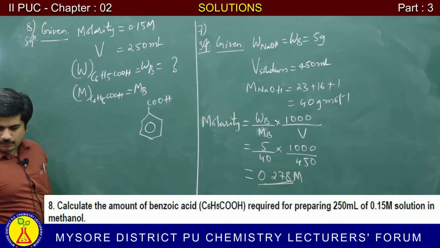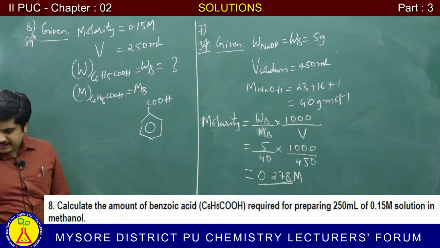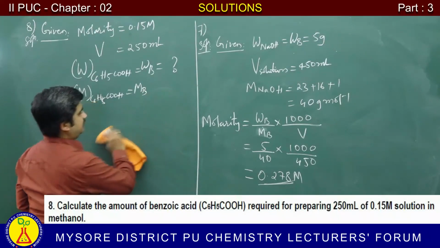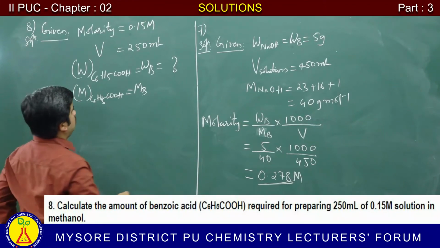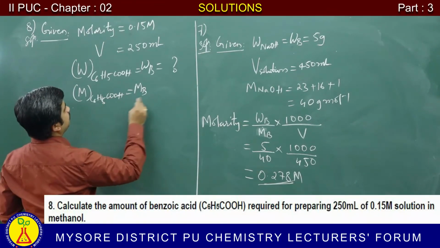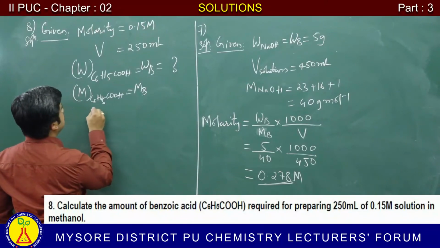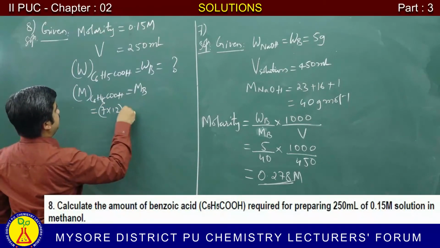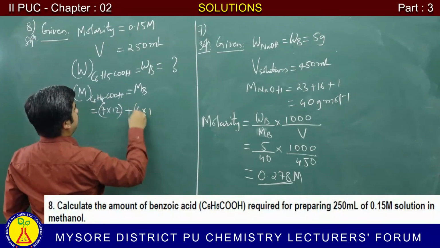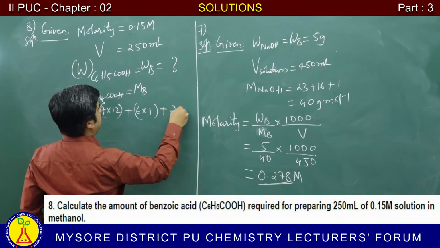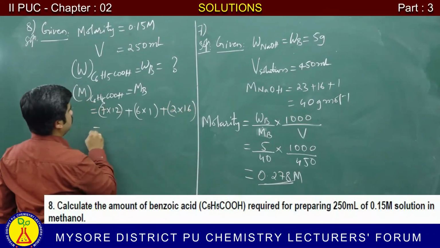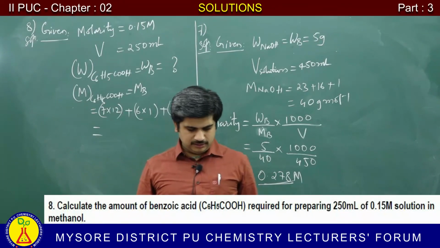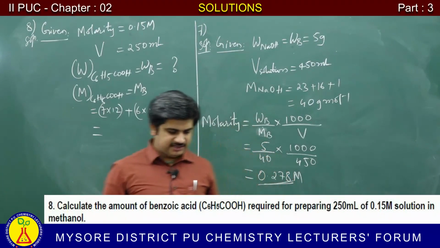You will study about these compounds in the chapter aldehydes, ketones and carboxylic acids in organic chemistry. So MB will be how much? 6 plus 1, 7 into 12 plus 6 into 1 plus 2 into 16. So we add up all this and the final answer that we get is